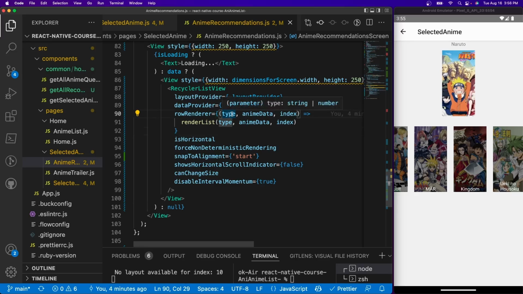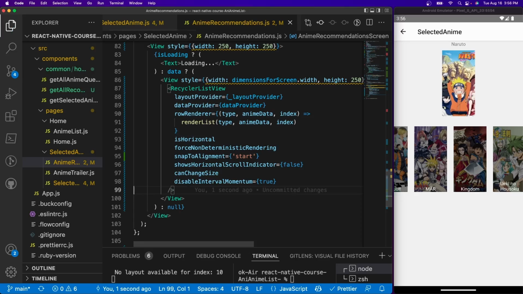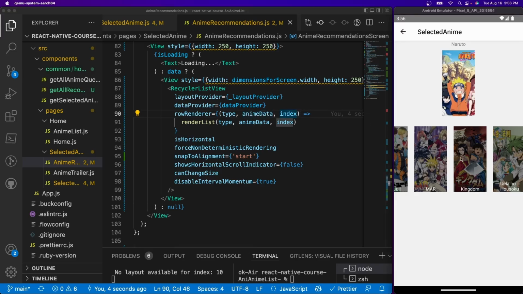I just put that there as a contingency. But anime data is the data that we're getting from the data provider itself. So imagine instead of saying anime data, you're just doing data.data. But we did anime data because it's just easier to understand what's happening there. The index, so if I were to click on this index right here, it would spit out the number for